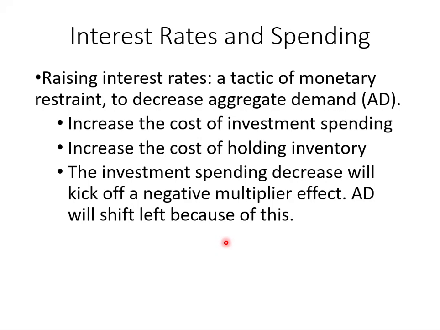Generally speaking, first of all, the Fed needs to raise the interest rate, so they will decrease the money supply. We already saw the supply and demand curve for money. A decreased money supply will push the equilibrium interest rate up. Rising interest rates make borrowing more expensive, so people are less likely to invest and less likely to hold inventory. Then this generates a negative multiplier effect, and we eventually push our aggregate demand curve to the left. So to summarize,